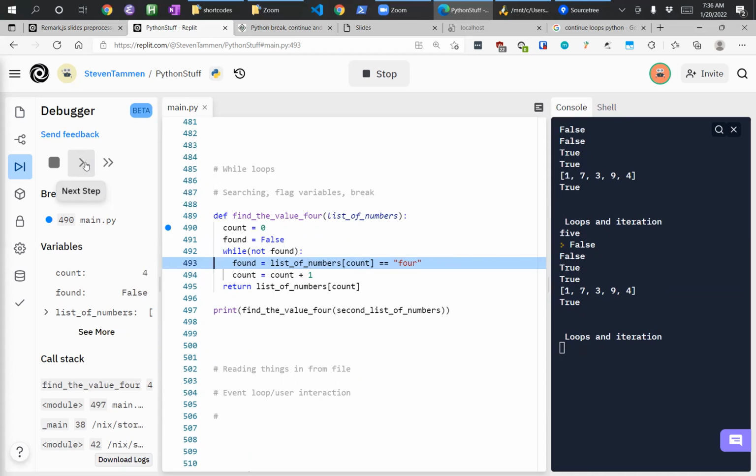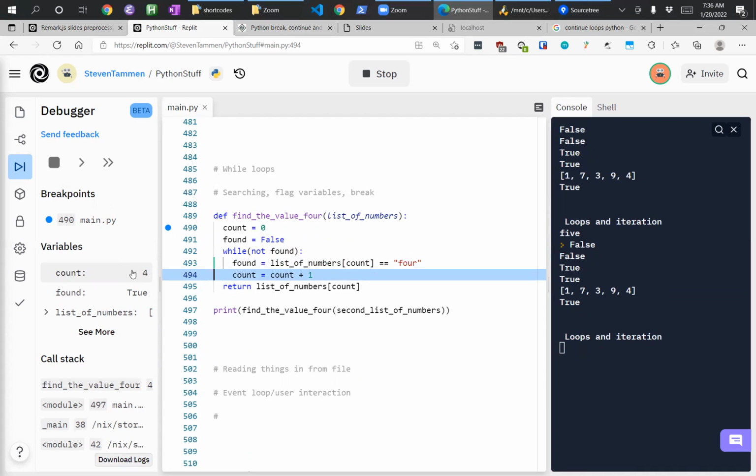Okay, now we're on 4. So now we expect this to be true, right? Yes. Huh, interesting, right? See, it is true. So you might be scratching your head right about now and being like, well, why is the value wrong then? So watch what happens after this. So count is at 4. We know that index 4 is going to have string 4. That's what we want, right? So let's see how we get to the end of the function where we're returning the object that we want to be returned, right? So if I step again,